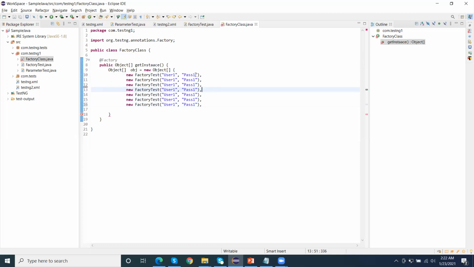I have created here 7 objects. And then at the end we need to return this object array.